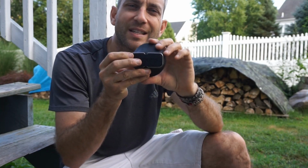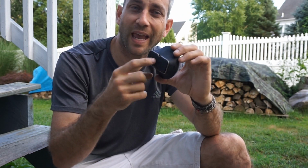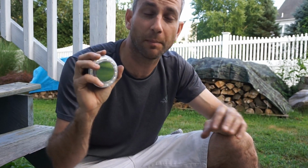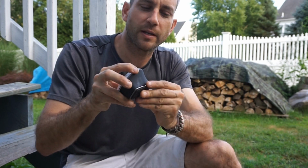And the other thing is definitely magnetizing the back. Again, another sort of big deal in my mind. If that was the case, this would definitely be a go-to product for me all the time. Not just for the camping and backpacking application, but definitely for me in general use around the house. And I think that's important. Different things like automotive tasks, general house tasks, doing work in tight little areas. The fact that you can stand this up, you can hang it, but if you could also magnetize mount this,